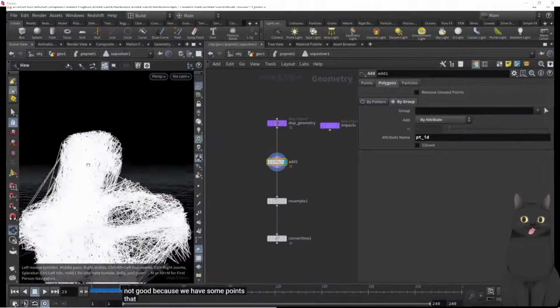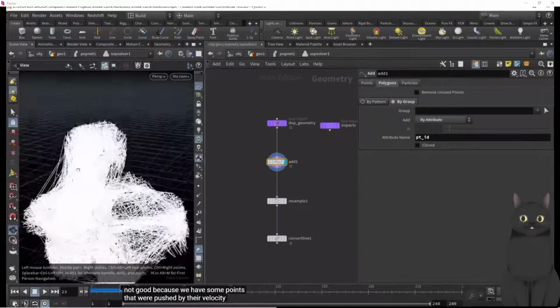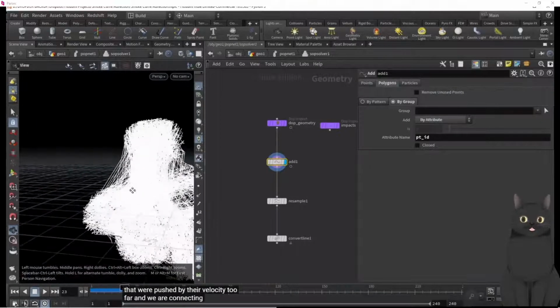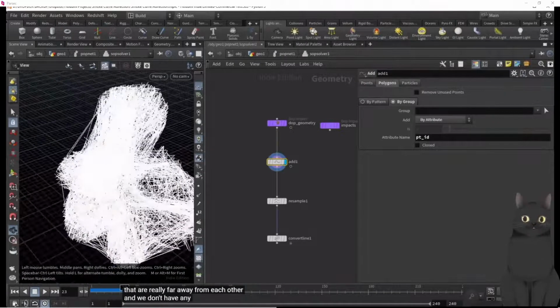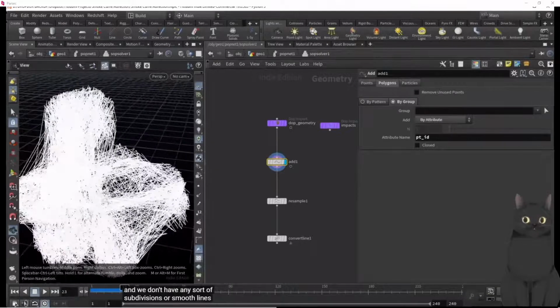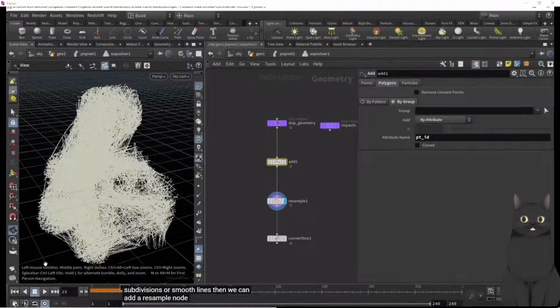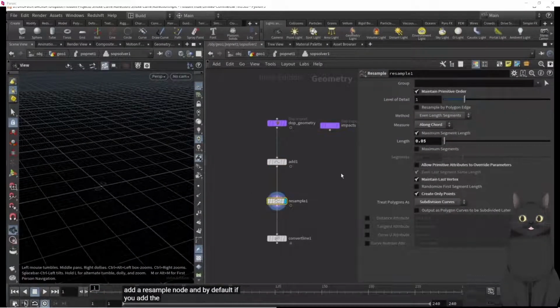have some points that were pushed by their velocity too far, and we are connecting these points that are really far away from each other, and we don't have any sort of subdivisions or smooth lines. Then we can add a resample node, and by default, if you add the resample node and you dial